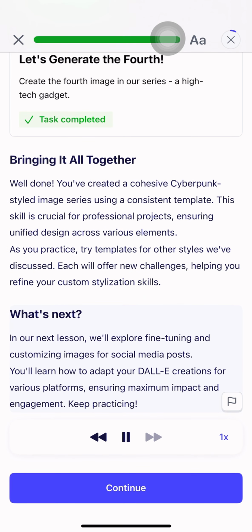What's next? In our next lesson, we'll explore fine-tuning and customizing images for social media posts. You'll learn how to